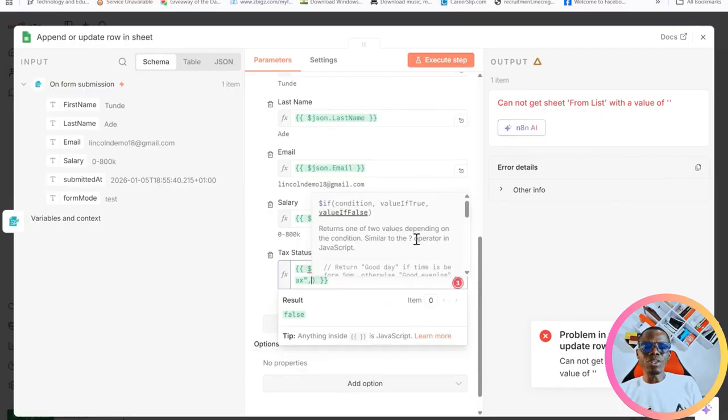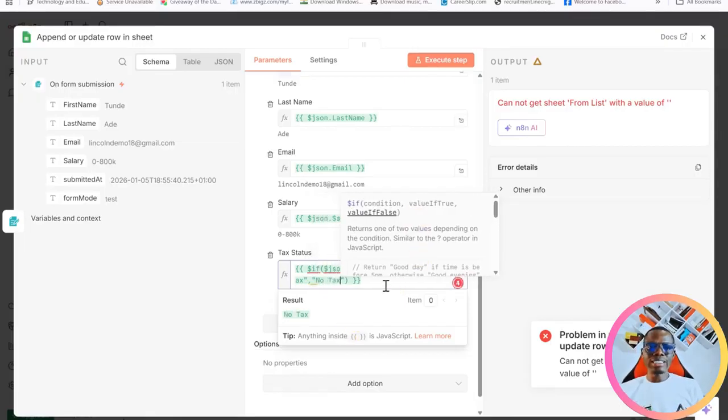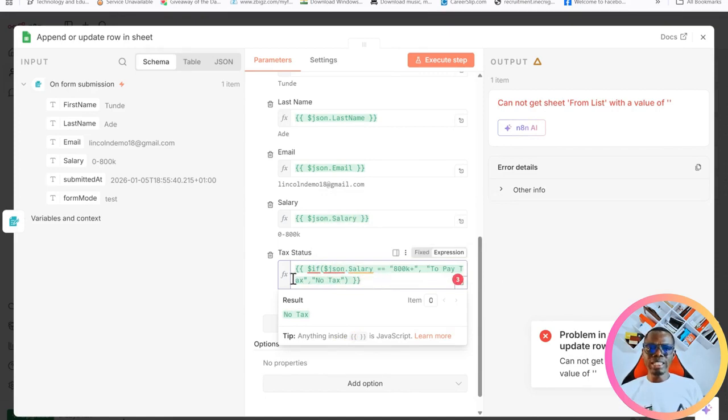Comma, if not, if you look here, it's already showing us how to write this. Value if true, comma, then value if false. So if false, inside double quotes again, because it is a string, no tax. This is an expression. Let me show you again. If